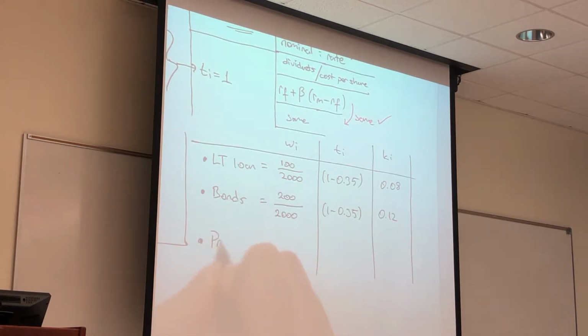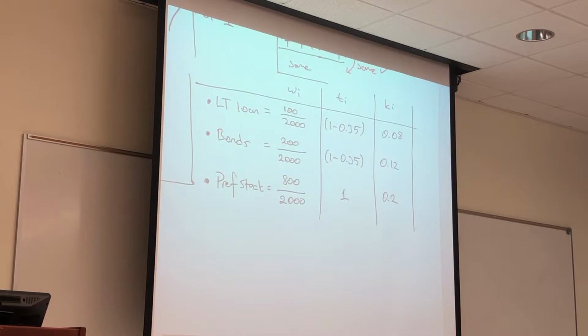Okay, preferred stock. The amount is 800,000, and the summation is still the same. We have no taxes applied to this, so we're just going to put 1 there. Don't mix it up with 0, because it's going to affect all your calculations just because I said there's no tax. Put in 1. And then KI will be equal to dividends per share divided by price per share, which is 3 divided by 15, 0.2. Right, just to make sure. Yes. Next, common stock.